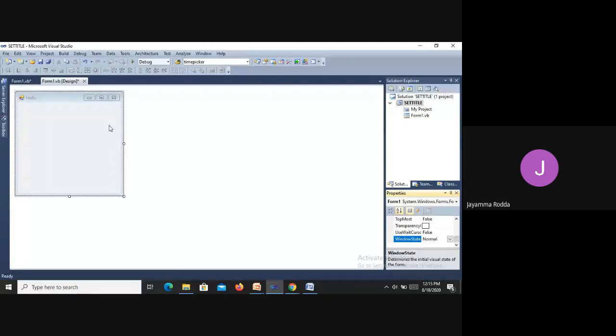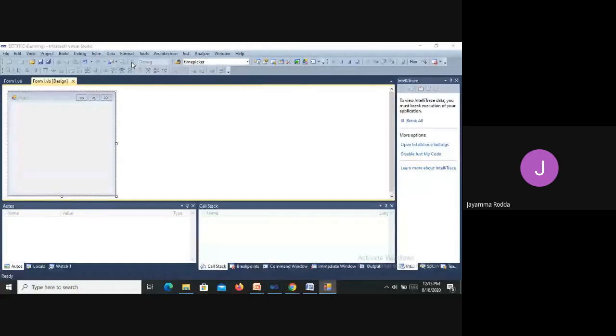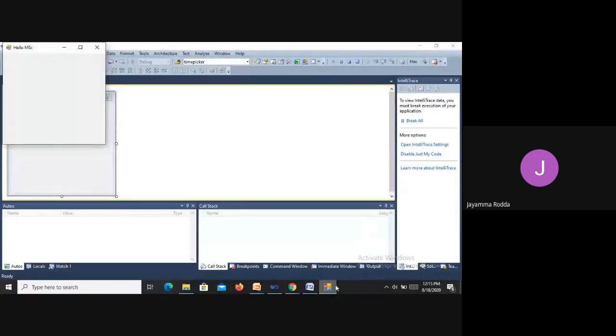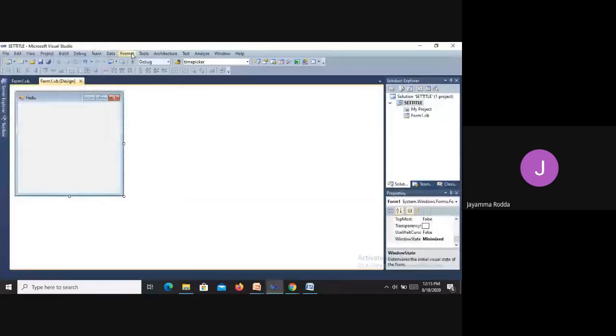Now, if I want it to be minimized, what will I do? Minimized. Do you see anything? Nothing is seen because it is minimized. If I want it to be maximized, the state of the form will be set to the maximized state.